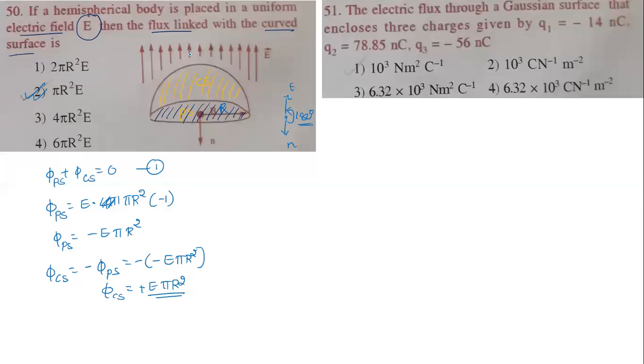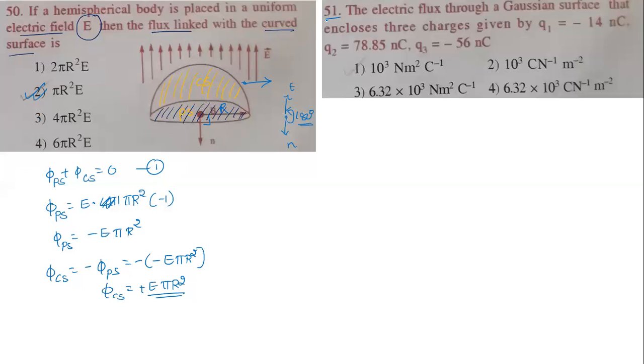In this, different cases will come. Here the electric field is given vertically upward. Sometimes, sir, what if they give the electric field horizontally? You need to find it by the same method, but in that case the angle will become 90 degrees. That I need to remember. Can you go for the next question now?